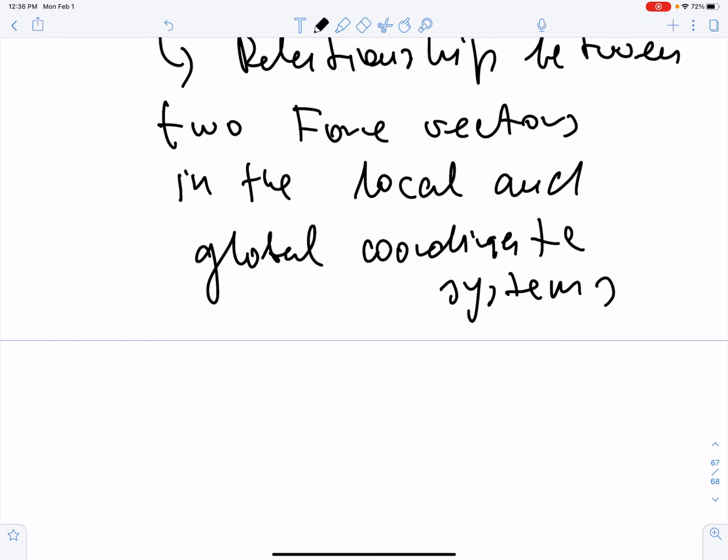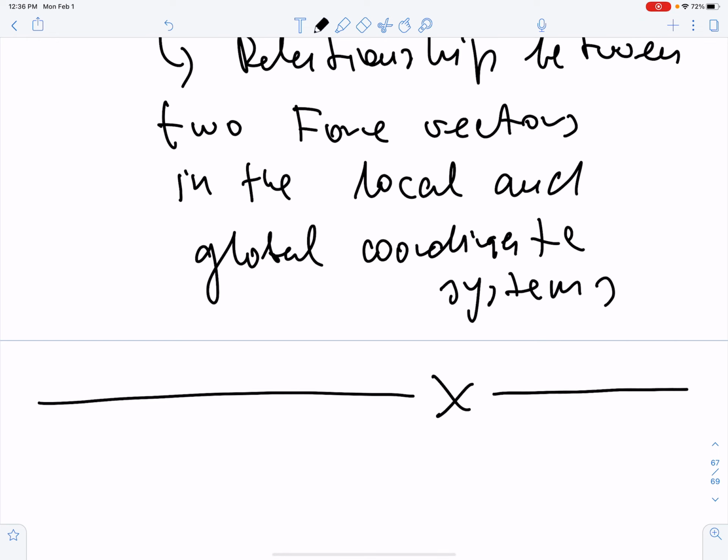Okay, let me stop here, and then we'll continue in the next lecture, where we connect local, global, and